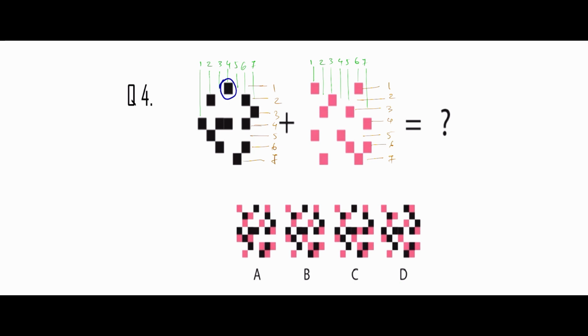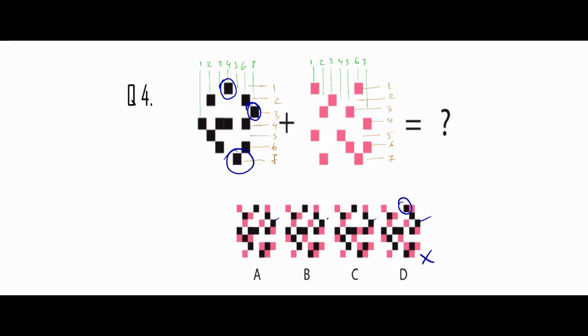If you observe the 4th row and 3rd column of the black pattern, you can see single black patterns. If you observe option D, the position of the black pattern in the first row is different from what is given in the question. So straight away we can eliminate option D. Then if you observe the 3rd one, it is similar for all the 4 options. Then let's see the last one also, the singular black pattern in the 7th row. So it's also the same in all the options.